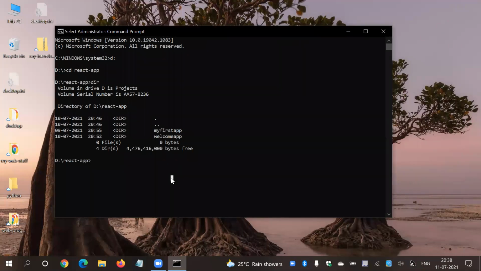So if you want, I can start again from the very core, or continue from the last session where I stopped. Anyway, it's one and the same thing. So let's go from the very core. Create React app, component comp app. Just give me 1 second, and that's it. It will take some time, but no problem.